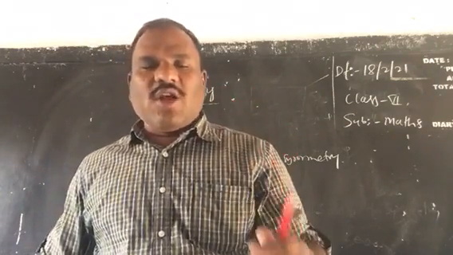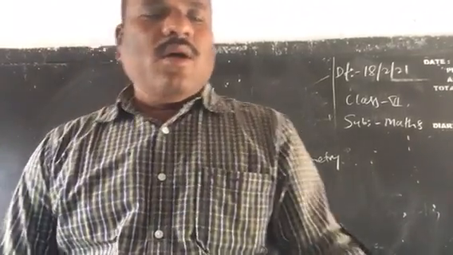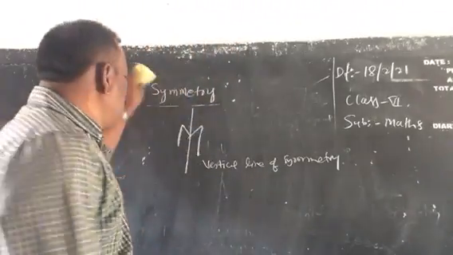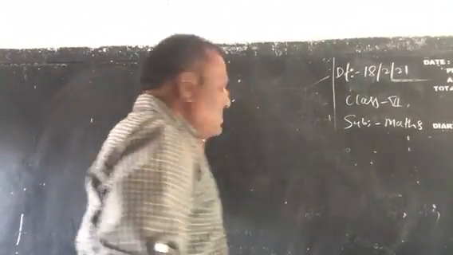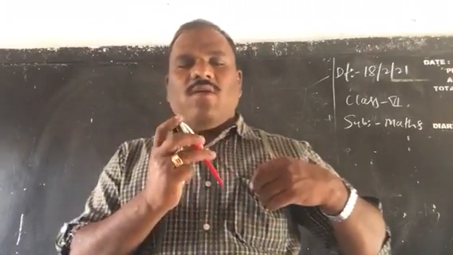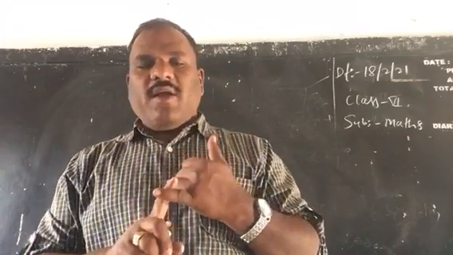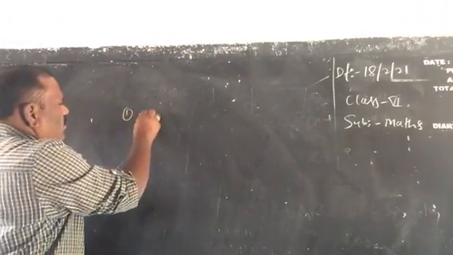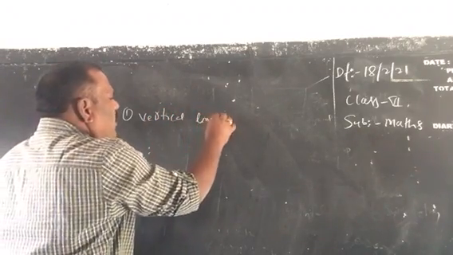Children, one question I have to ask you. Write the letters of the English alphabet, A to Z. Find out which have a vertical line of symmetry, a horizontal line of symmetry, or no line of symmetry. For example, first one, vertical line of symmetry.